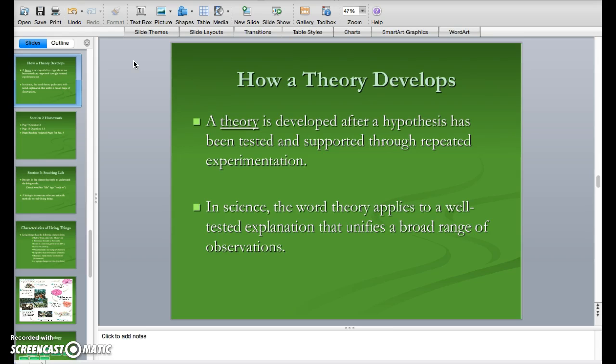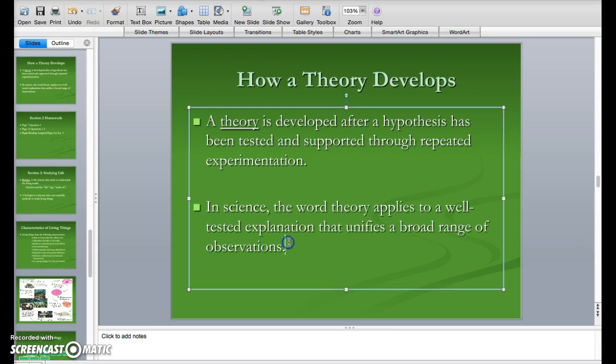The other thing that we have in science is a scientific law. Scientific laws